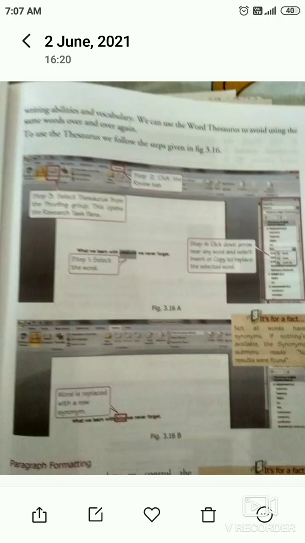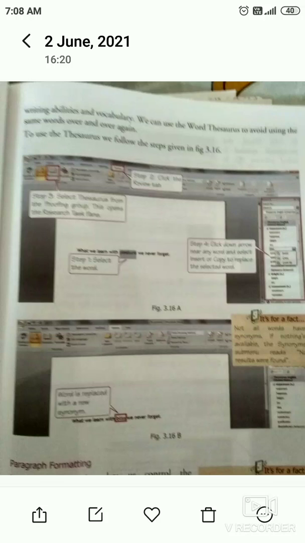It can help increase our writing abilities and vocabulary. We can use the thesaurus to avoid using the same word over and over again. So we use this option for synonyms, antonyms, and avoiding the same word repetition.